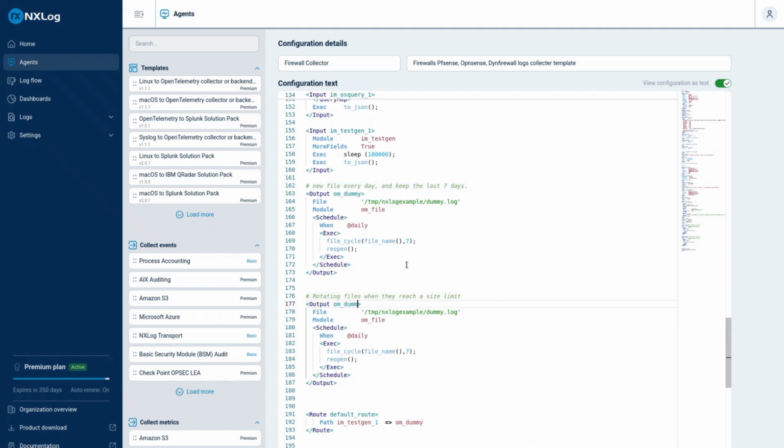Let's set it to another name. And here in the schedule, I want to check this every 10 seconds. So input every 5 seconds. So I will use different exec functions related,